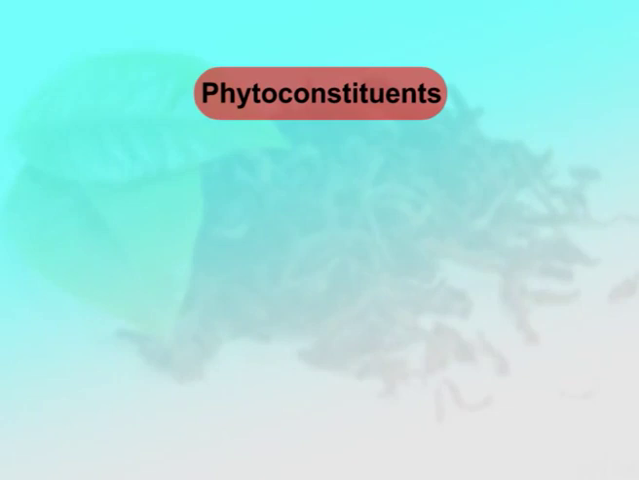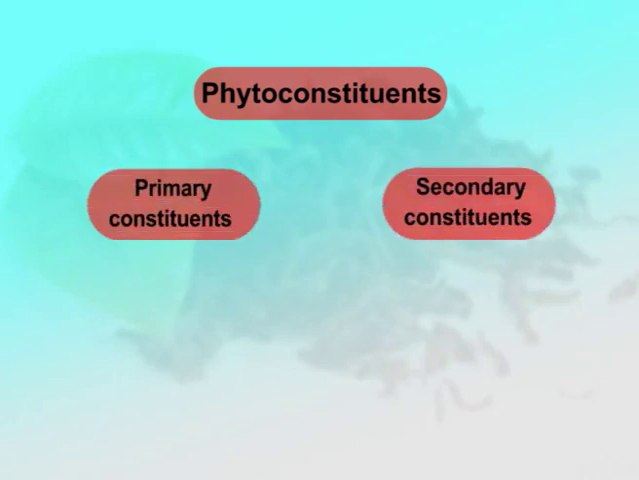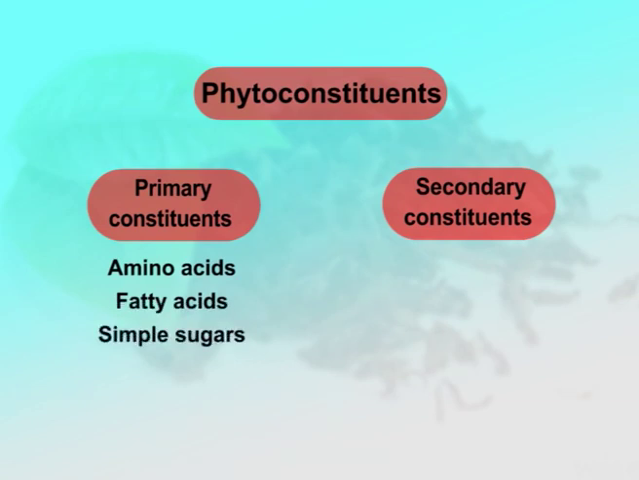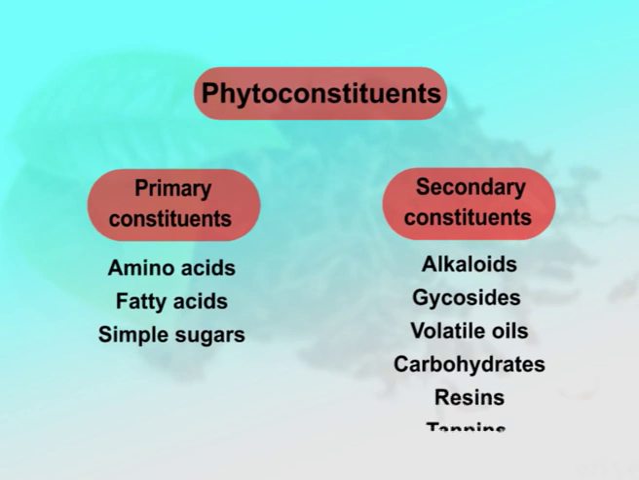These constituents are mainly of two types, namely primary constituents and secondary constituents, where amino acids, fatty acids, and simple sugars such as glucose are primary metabolites. The alkaloids, glycosides, volatile oils, carbohydrates, resin, and tannins are secondary constituents or secondary metabolites found in the plant. Here it is worth mentioning that as secondary metabolites possess varied biological activities, they are an important source